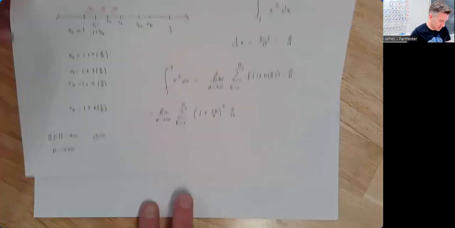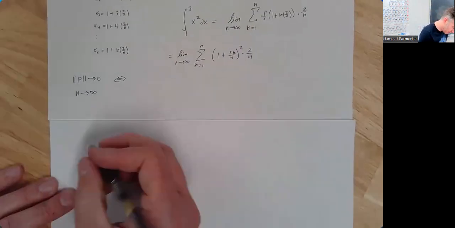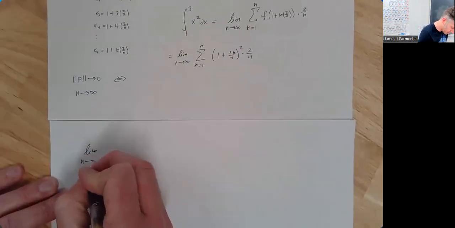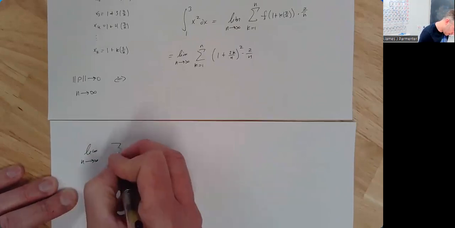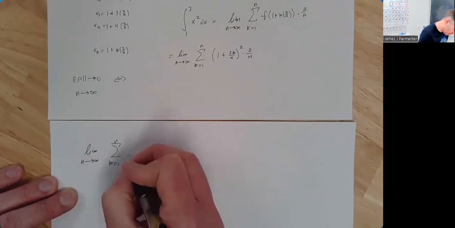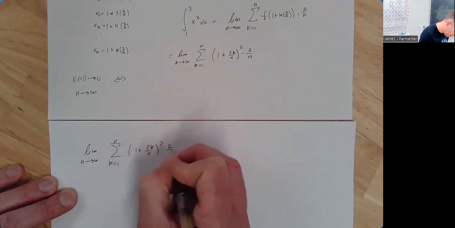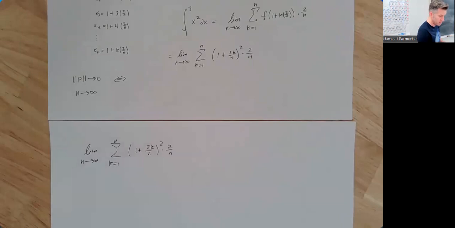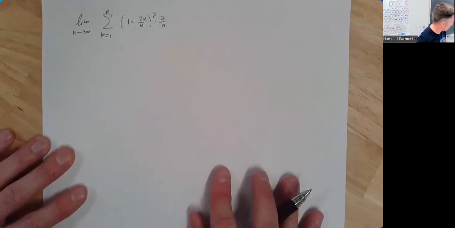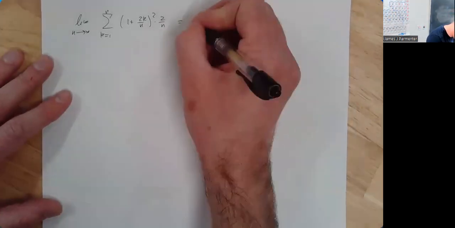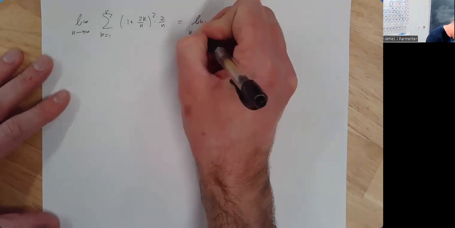So here's what we're going to do with this. We're going to take this limit as n goes to infinity of the sum from k equals 1 to n of (1 plus 2k over n) squared times 2 over n. And we're just going to multiply it all out. It's kind of cool that it works. Like I always think, really? This works? Yeah, it works. So if we multiply this out,